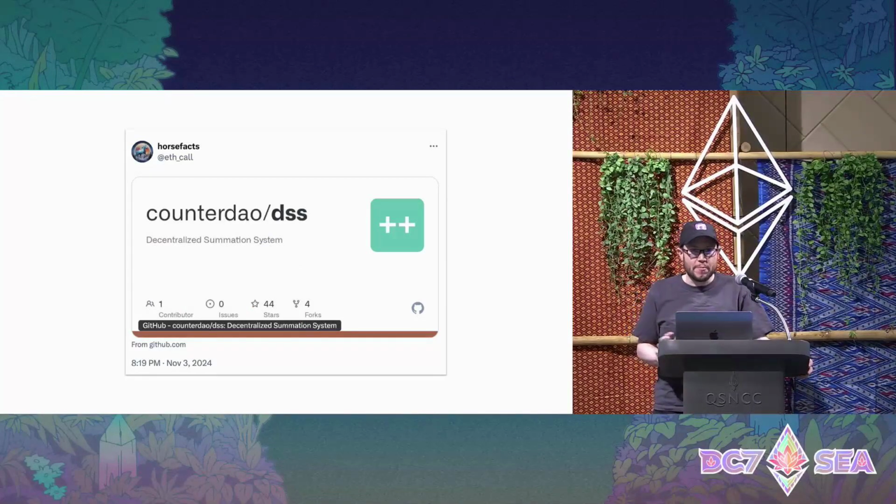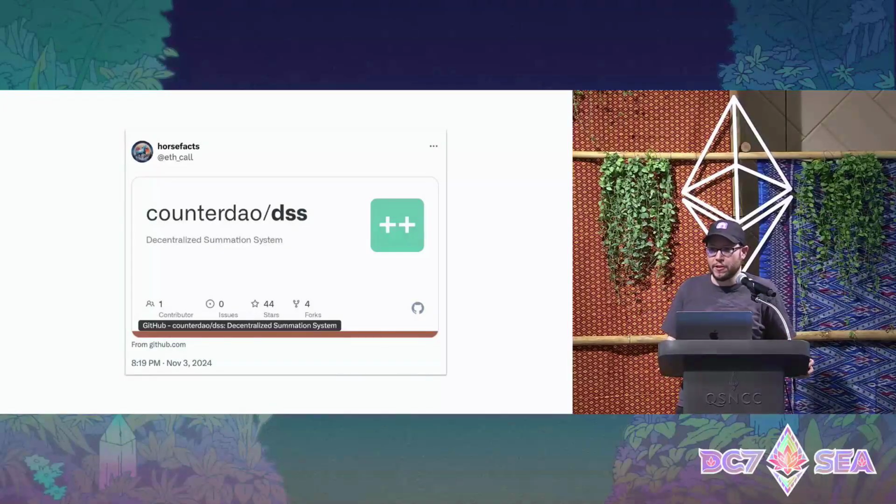If you've ever copy-pasted a link from the web and seen it unfurl into a preview image, this was probably thanks to Open Graph. And here's a great example. If you copy a GitHub repo URL and paste it into Twitter, you get an image that looks like this. It's this nice dynamic image that shows the repo name, icon, number of stars, and forks.